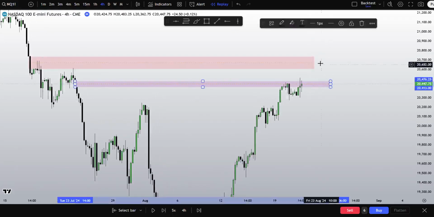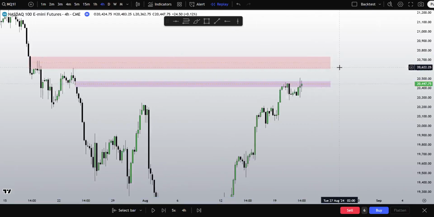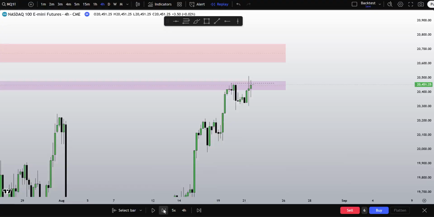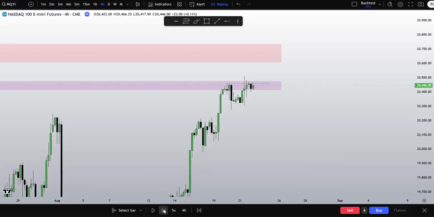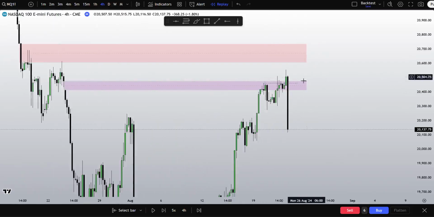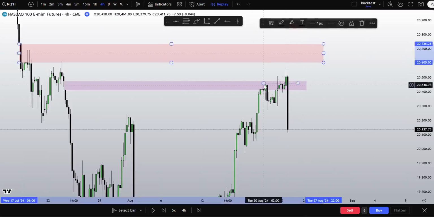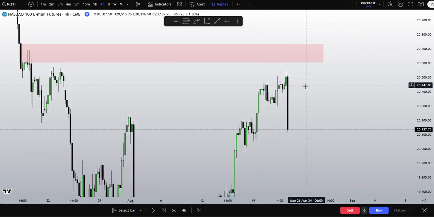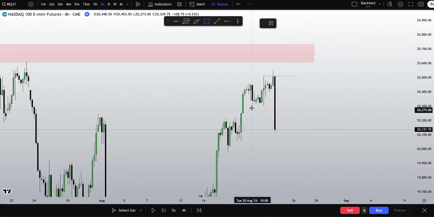Took this high, so this may engineer the reversal. If it reverses, then we'll analyze accordingly. Disrespect, I want to see. Well, we didn't get it. But what I wanted to see was this imbalance get tapped into. What we kept doing was generating liquidity, sweeping liquidity, and then forming a low right there.